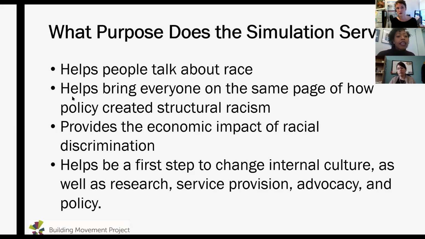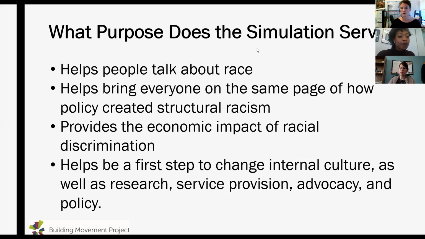So it does that. I think it also helps to bring everyone on the same page about how policy created structural racism. A lot of people, in different fields, might accept that there are different types of racism, but a lot of folks don't know how it happened. And it's helpful to know how it happened so that we don't repeat it with our current actions, with what we're currently advocating for, or even with our current policy design,